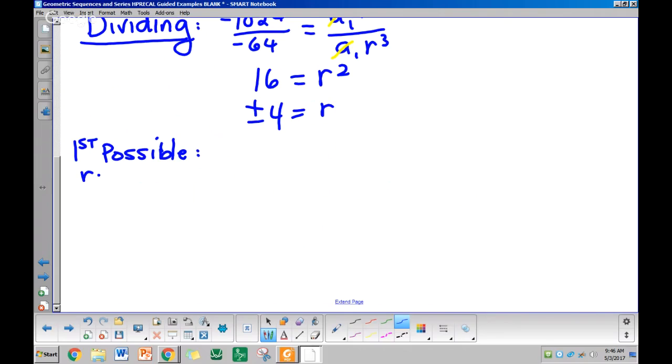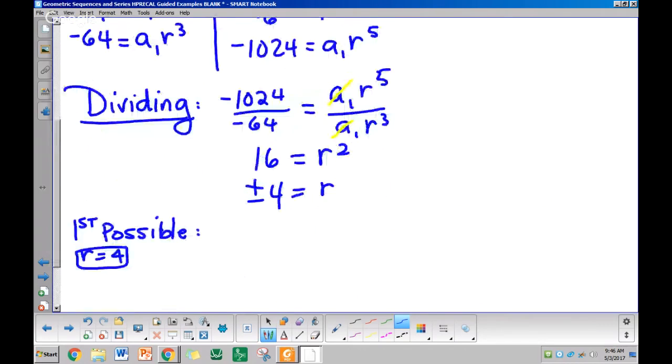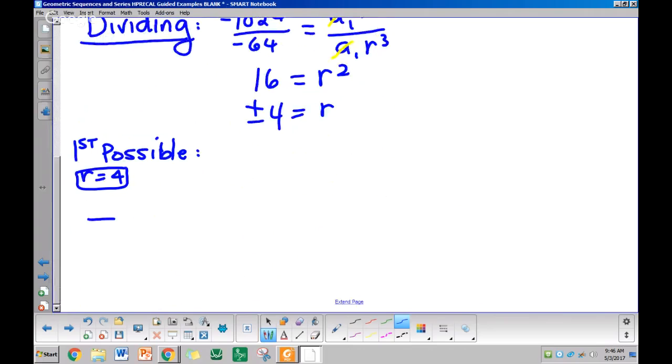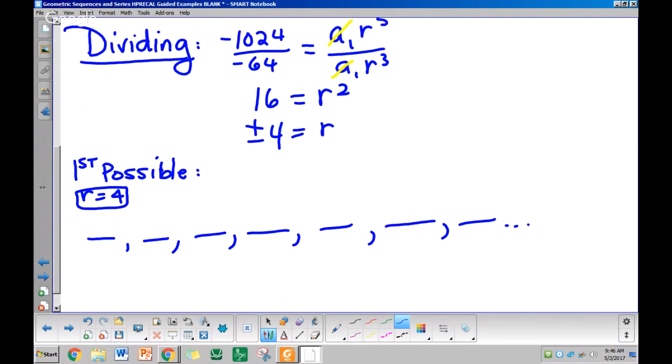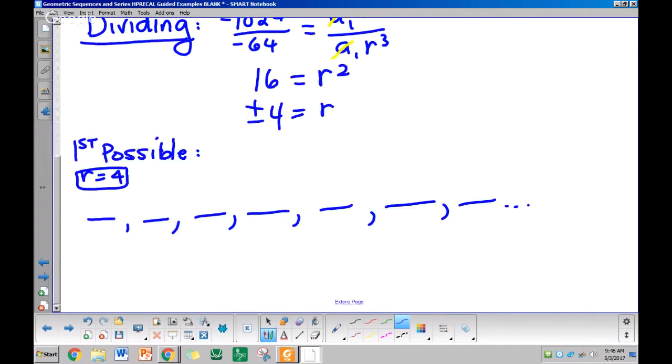Then we're going to say R equals 4. We're going to do the positive 4 first. All right, so they said our first, when they gave us the 4th and the 6th, right? So 1, 2, 3, 4, 5, 6. So they told us that the 4th one was negative 64. 1, 2, 3, 4. They told us this was negative 64. And the 6th one was